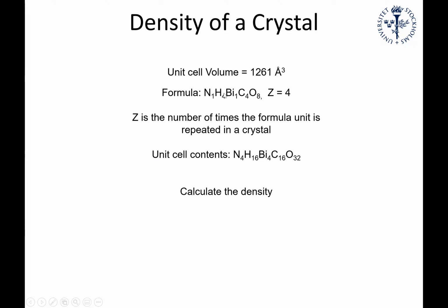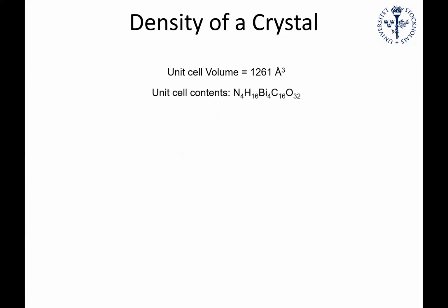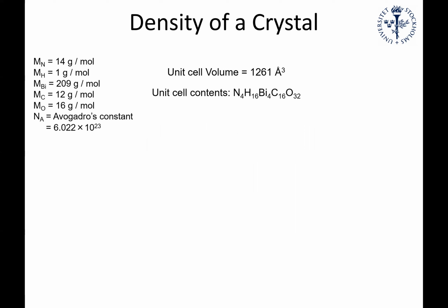To get the mass of the unit cell, we need to take into account all of the atoms in all 4 metal complexes in the unit cell. So if this is the formula for one complex, we multiply all of these by 4 to get the total contents of one unit cell. That's 4 bismuth, 16 hydrogen, 4 nitrogen, 16 carbon, and 32 oxygen atoms that we need to calculate the mass of. To get the mass of one unit cell, we need the molar mass of all of these elements plus